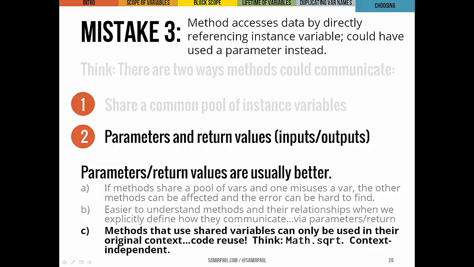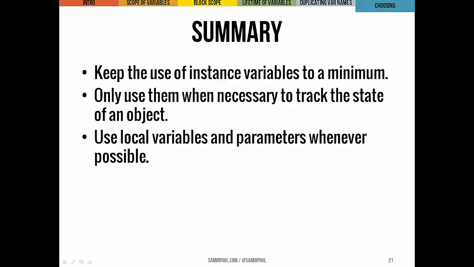Finally, any code that I write that relies on a particular object structure, relies on a particular set of instance variables, you can only use that code in its original context when it has all of those instance variables. If you write code that takes parameters instead, that's easier to port to different contexts. Big idea here is that instance variables are powerful and they're a useful feature of object-oriented programming, but we want to minimize our use of them. We want to make sure that we're only using them when they're truly appropriate, and we want to use them judiciously. That means really only using them to track the state of an object